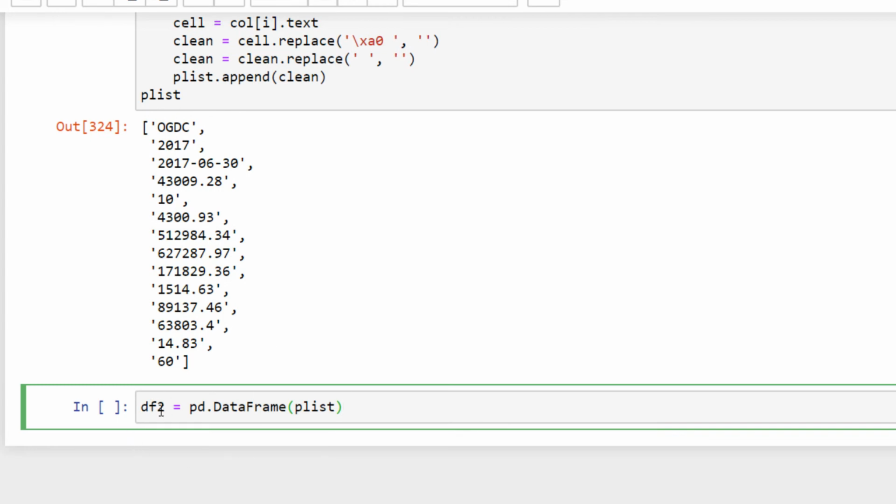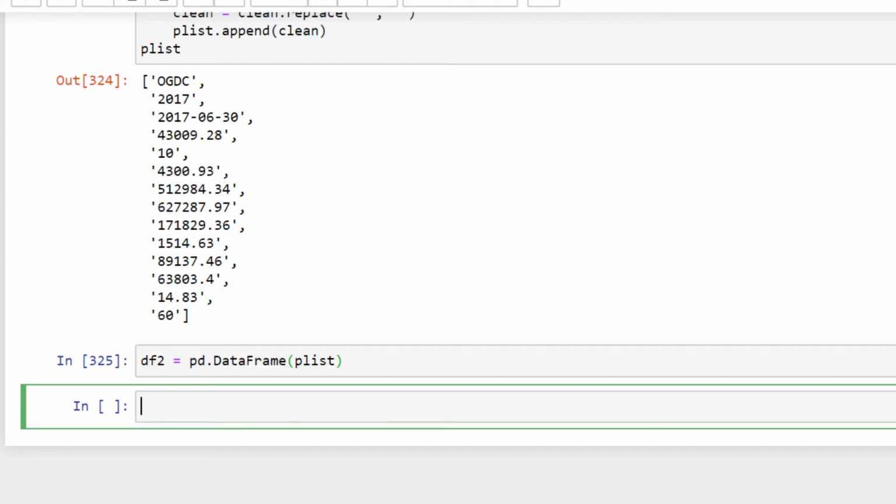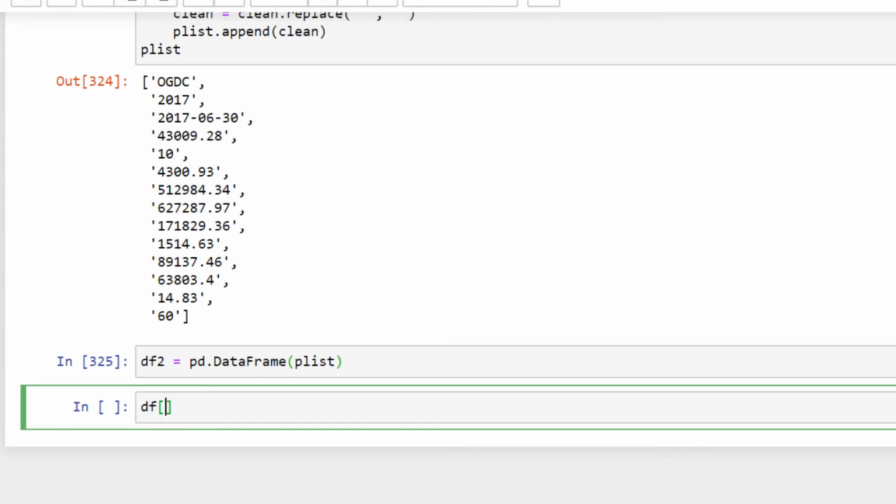Therefore, I'm replacing the previously created data frame with df2, and once it is created, then to our main data frame we shall add it, and since it is year 2017, I'll give the column name as 2017, and that will be equal to df2.